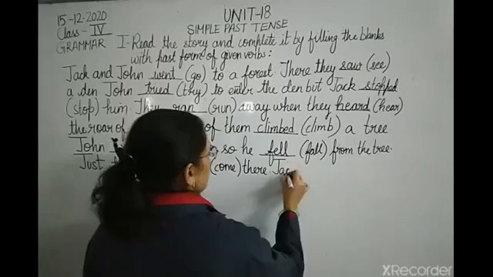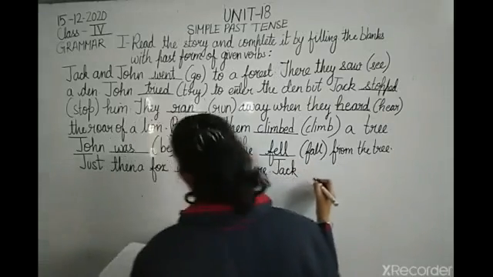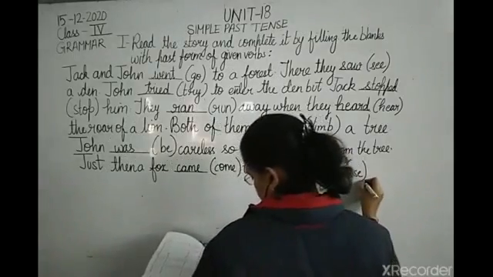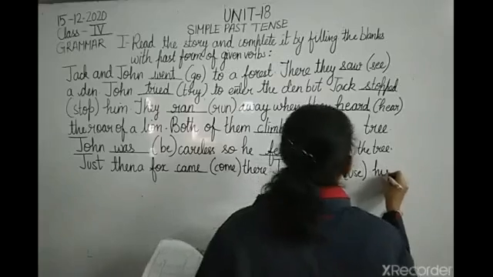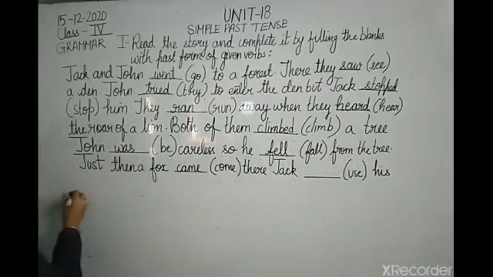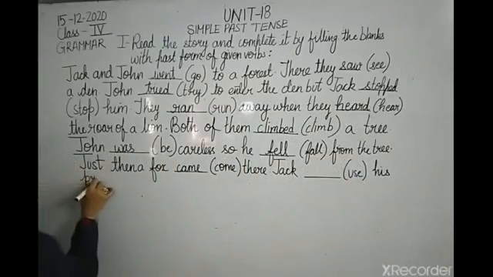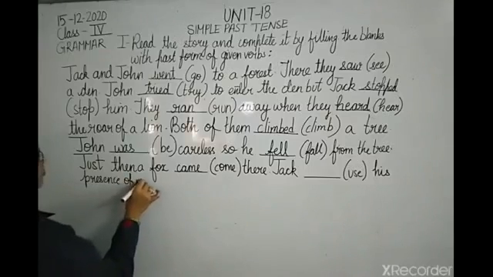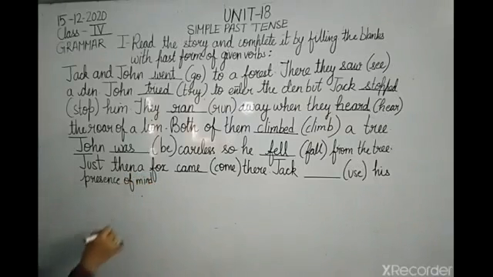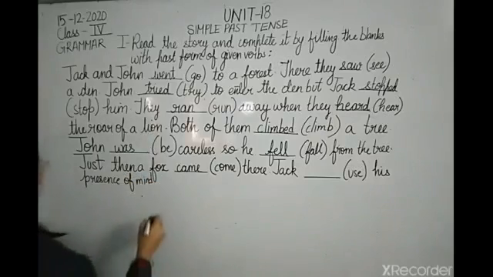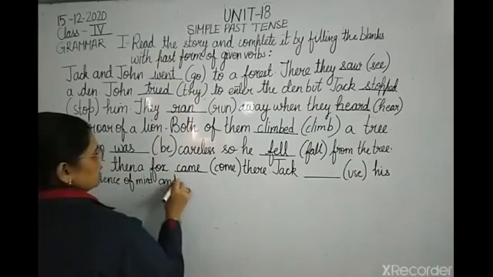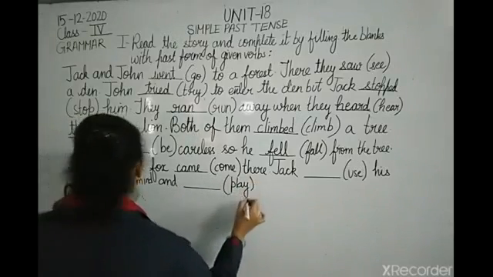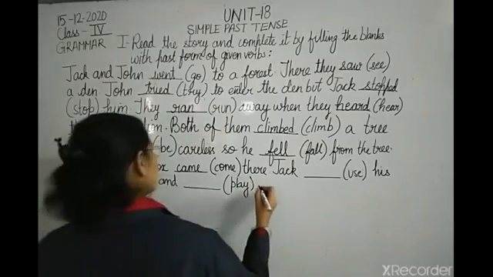Jack dash, the verb in the bracket is use, his presence of mind. Presence of mind मतलब सही समय पे बेटा दिमाग चल जाना. And dash, the verb, root form of verb given in the bracket is play, and